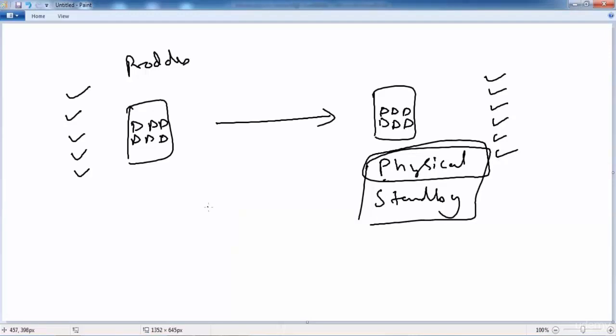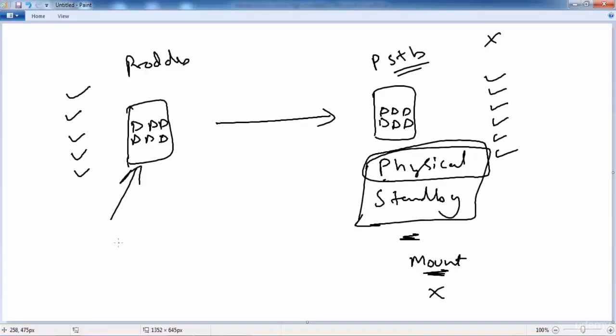But remember, the standby database will always be in a mount stage. When you have a database in mount stage, can we really query the database? No, you cannot execute any queries in the database. So until you activate your physical standby, you cannot perform any queries on the standby server. Now when we say activation, it simply means that